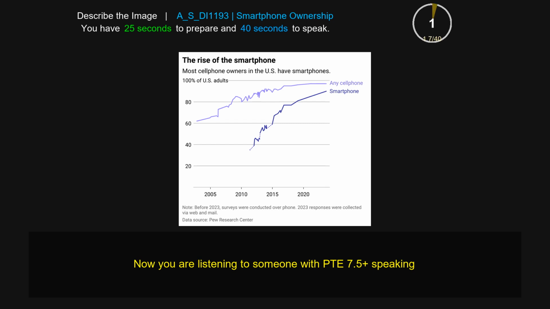The given image talks about the rise of the smartphone in the United States in the form of a line chart compared from the years 2005 to 2020. In the image, it can be seen that initially, between 2010 and 2015, the adoption of the smartphone compared to the cell phone was pretty low. But then gradually there is a very big increase from the year 2010 in the adoption of smartphones. Finally, after 2020, the adoption of smartphones reaches the number of cell phones. Overall, the image is quite informative of the distribution of smartphones in the US.